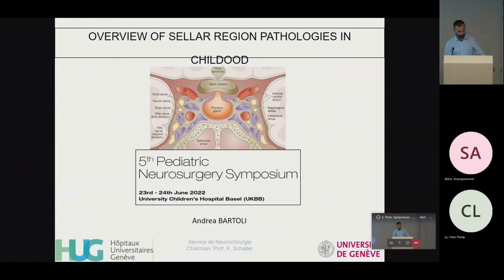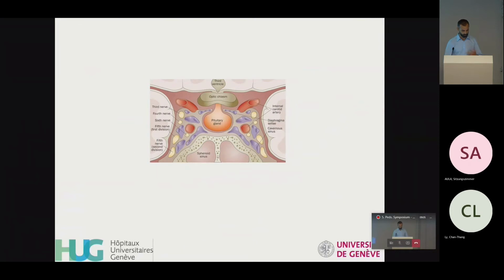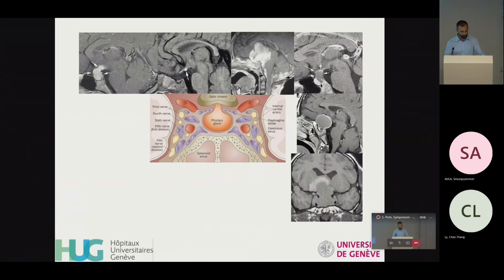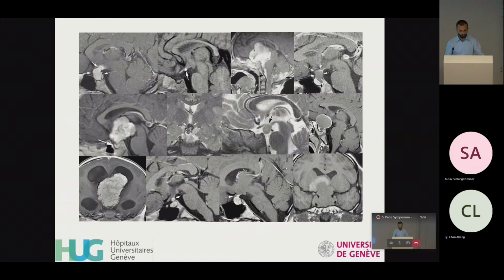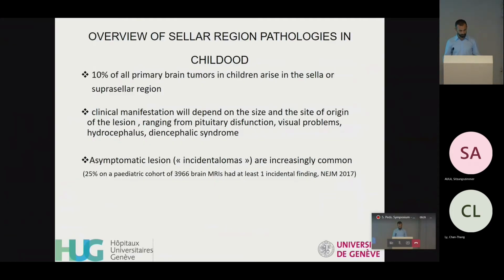So I've been asked to give an overview of the sellar pathologies in childhood, which is quite broad. As you can see from these confusing images, you can have a variety of lesions which correspond to different pathologies with different behavior and, of course, management. So I would say, to give order and structure to all these pathologies, which are not only craniopharyngiomas and not only surgical, I would first of all give three key concepts about the epidemiology